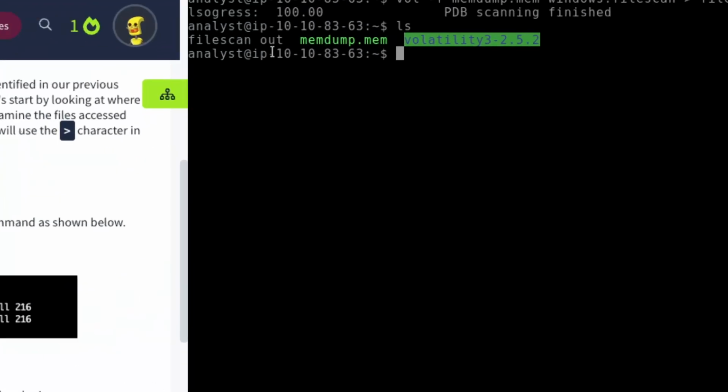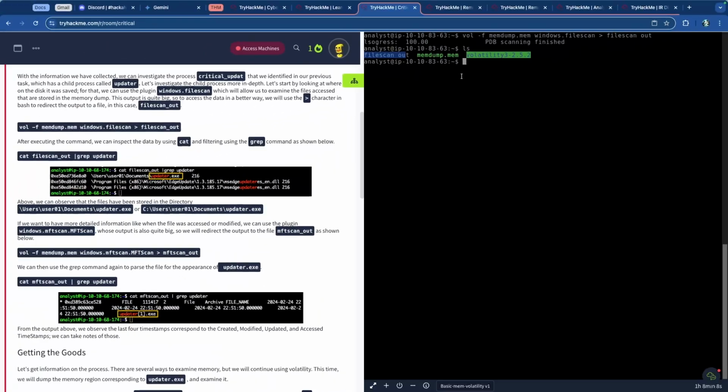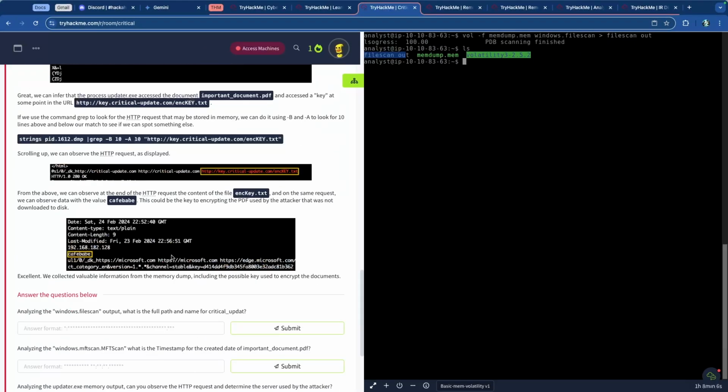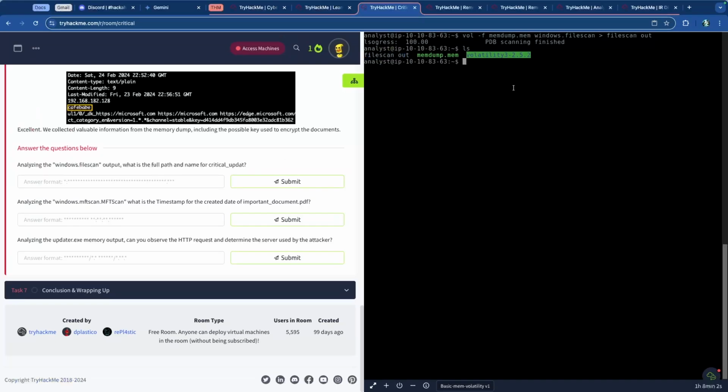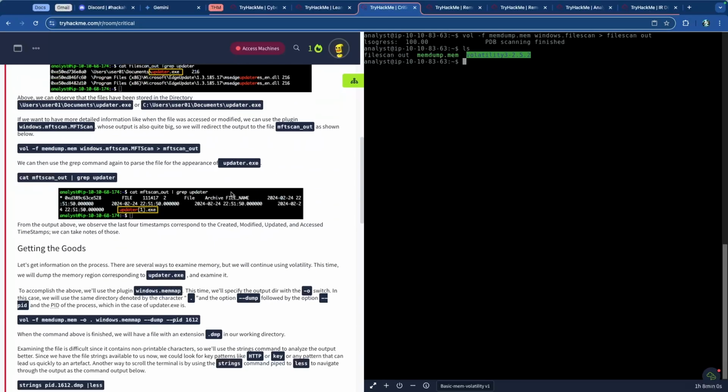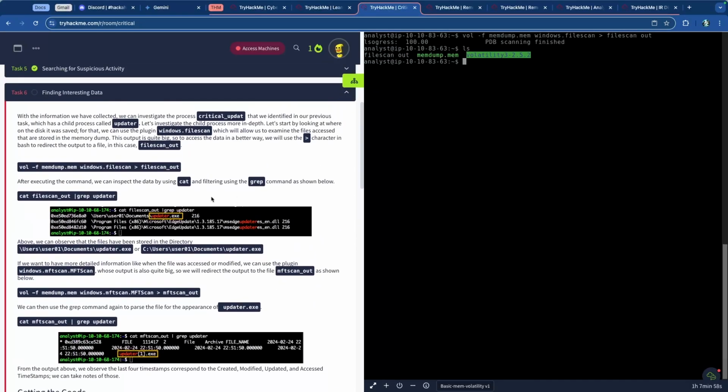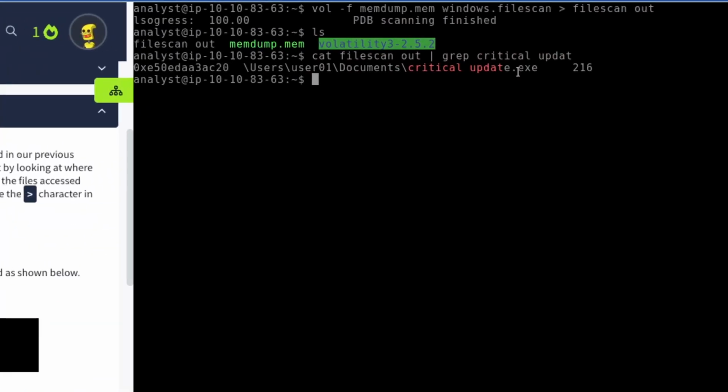All right, cool. So there's the file scan output file, and the question is asking us to find the full path for critical updates. So that is what I'm going to grep for. What I can do now is cat the file scan output, and then grep for critical updat. Critical updat is what I'm searching for. And there it is. So that should be the full path of this thing. But it says critical